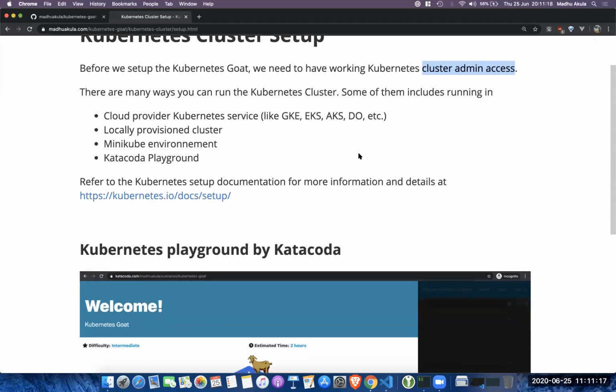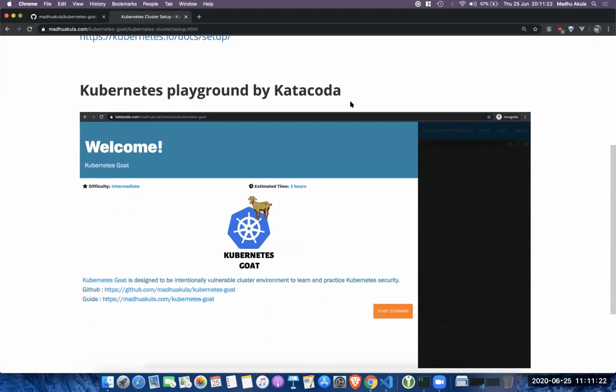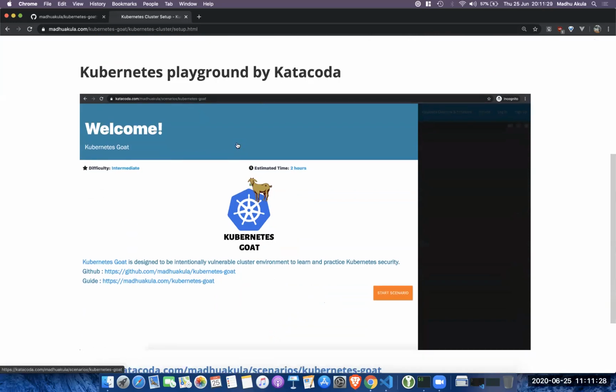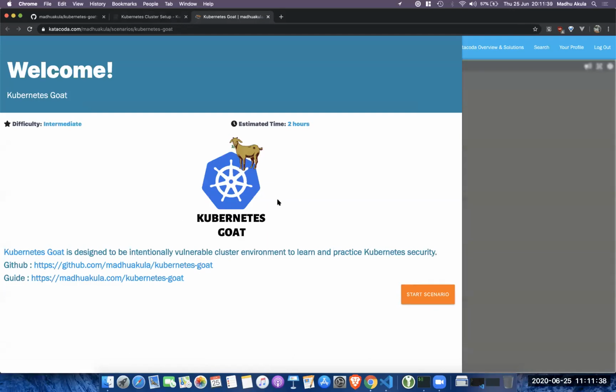I have seen people facing difficulty while performing the setup and everything. So what I have done is I have created an online playground, which is completely free, by Katacoda, thanks to them. You can just go ahead and click this component in the browser, click this scenario, and it will open up in a browser.